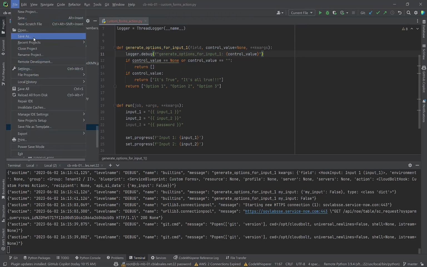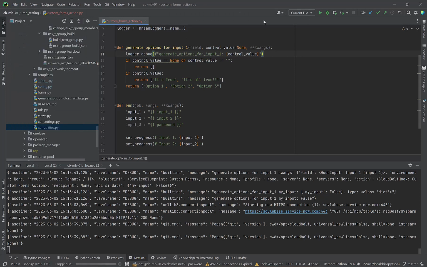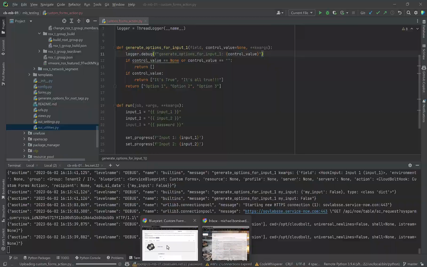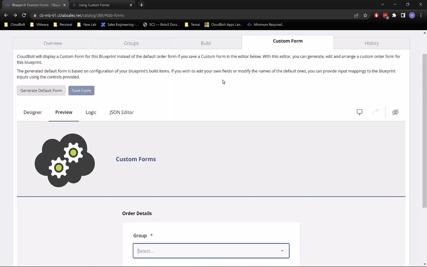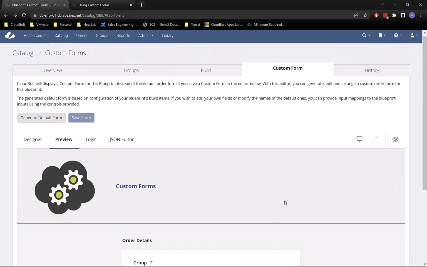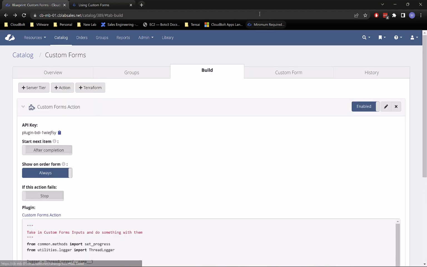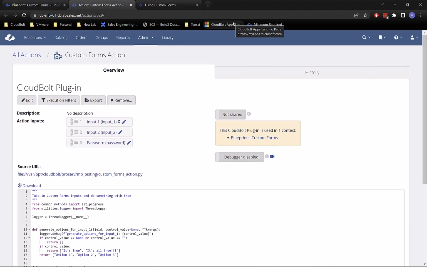So we're changing our generated options plugin a little bit. Before we do anything, I'm going to delete the form. I want to get rid of this, and I want to set this up to do our regenerated options the way that CloudBolt does it in the native forms. So we have our custom forms action here. I'm going to launch that in another tab. We're going to go into this